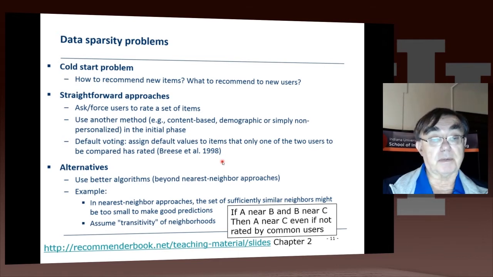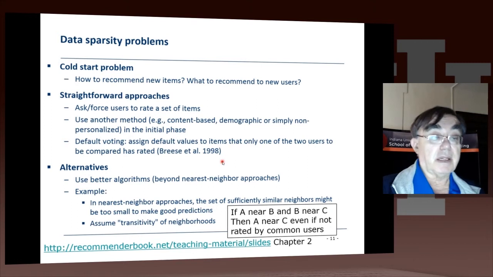There are presumably always better algorithms. We remember with Netflix, I think the winning algorithm combined 100 different approaches or some number like that. And that's obviously an area of research. Again, I suspect most of this research is going on within Amazon and Netflix and so on, and they don't tell you what they're doing.